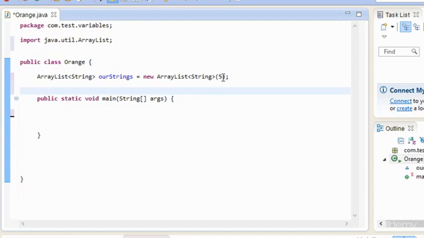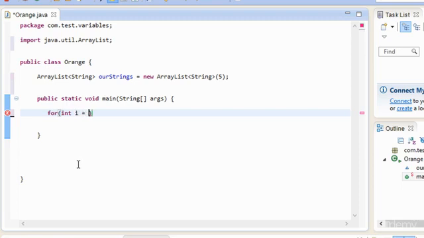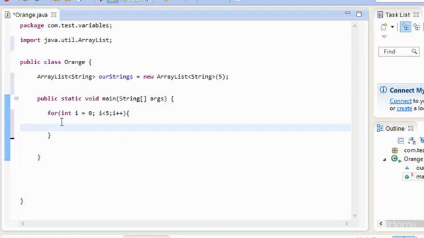Alright, so let's go ahead and just leave that as 5, and let's use a for loop to add strings to our array list. So let's do for int i equals 0, and since we know how many objects we need, if i is less than 5, then we want it to go up by 1. So what we're doing here is basically looping through this for loop 5 times. Well, like 4 times, because 0 counts as 1. So it was still 5 times, and each time around we're going to add a new string to the string array list. So let's do our strings dot add